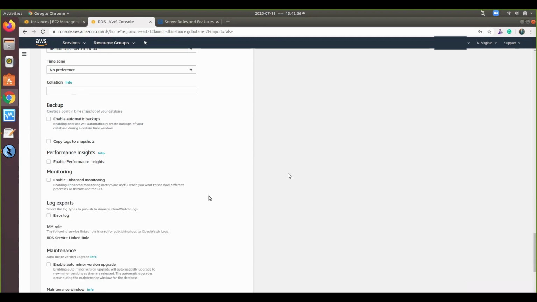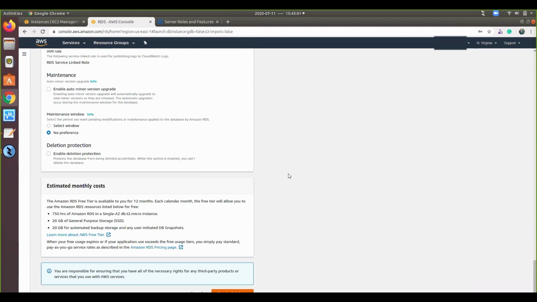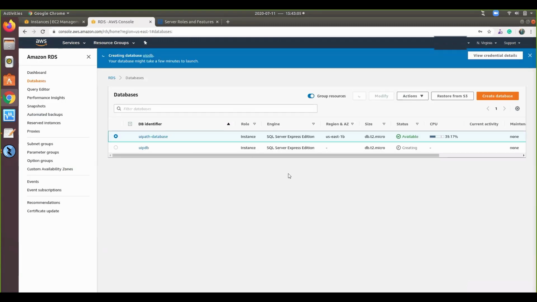So I am not selecting all this. No maintenance window, create database. Okay, the first one got into available. We can see the status is available. We'll try to use the first one itself. If any issue comes with the first one, then we'll switch to the second database.